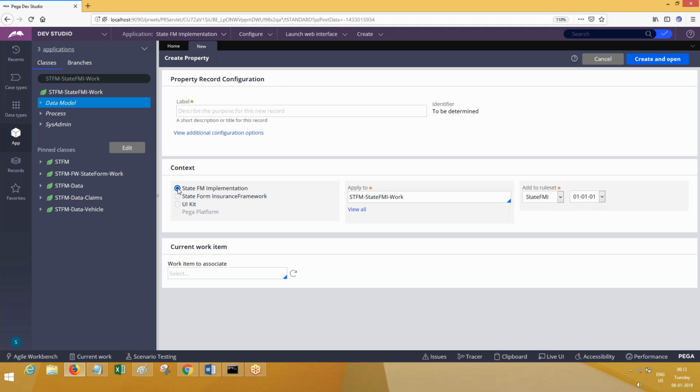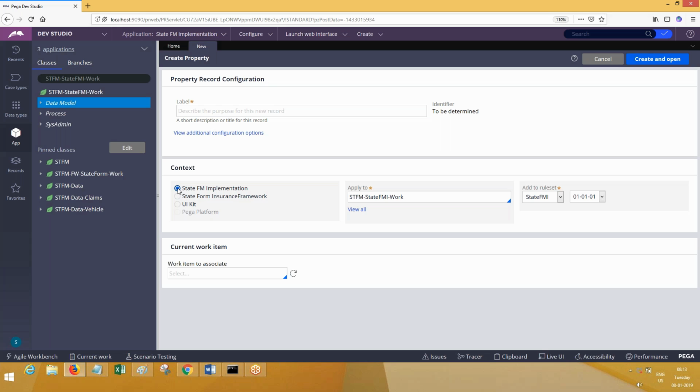Suppose during migration, you are packaging this code as a single jar file to move to another environment. While packaging, let's say you're packaging framework alone and implementation alone. If you feel the rule has to be part of the framework package, then it has to be part of the framework coding, so what is the context? It should be the framework context. Suppose, even though you created an organization class, you do not want it to come along with the framework package, then it should be in the implementation.